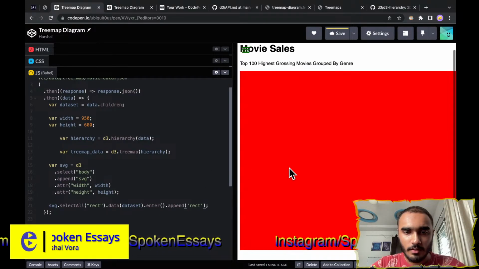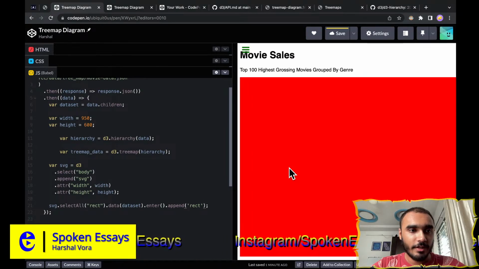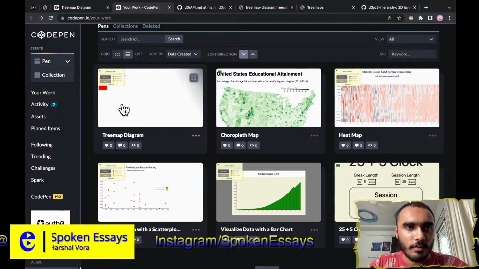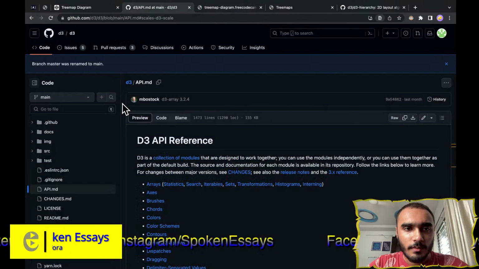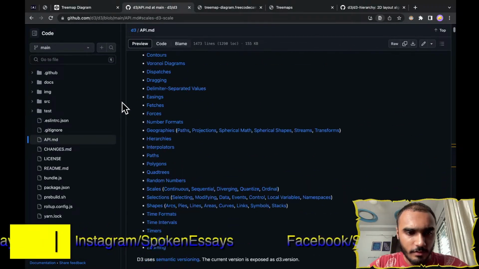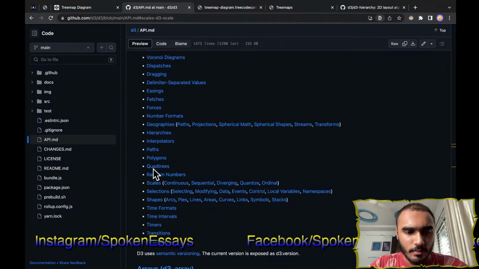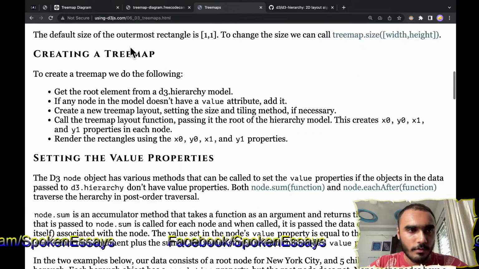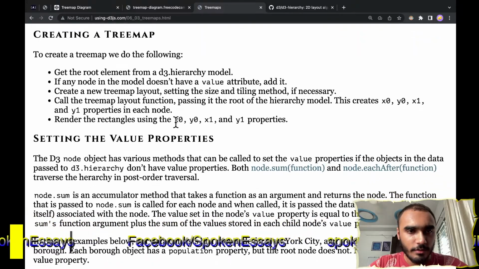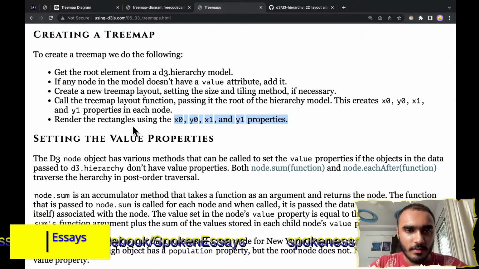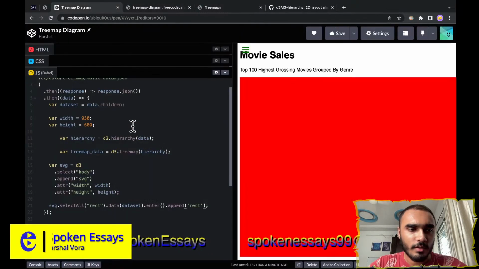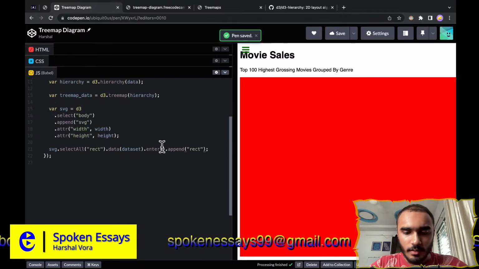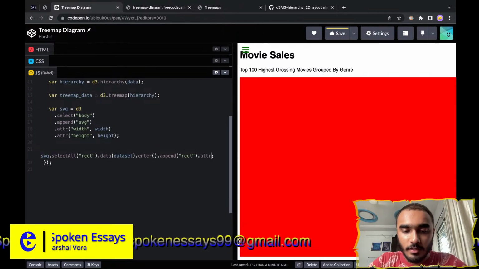Yeah, you'll do that. But now comes the weird part. We are supposed to give it these values: x0, y0, x1 and y1. Okay, save this. Now here we write attribute